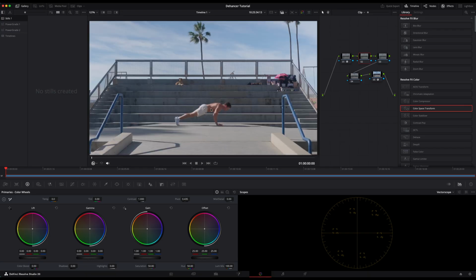Look at the clip here. The footage looks a bit flat, so let's go into the lift, and we're going to bring the lift down a little bit to bring a little bit more contrast back into this footage. Now we can go over to the gain, bring a little bit more brightness into this clip, somewhere right about